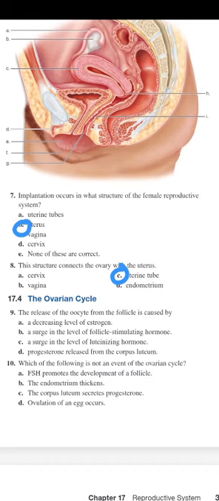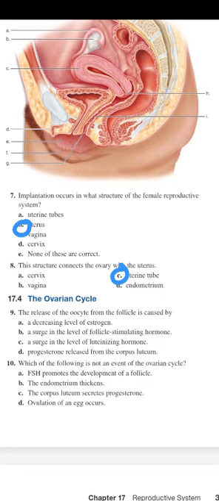Question number 9, the release of the oocyte, which is the cell that makes the ovum, from the follicle is caused by what? So this is the ovarian cycle, and we have 2 hormones that control it: luteinizing hormone, LH, and follicle stimulating hormone. So they're saying that the development or release of the oocyte from the follicle is caused by a decreasing level of